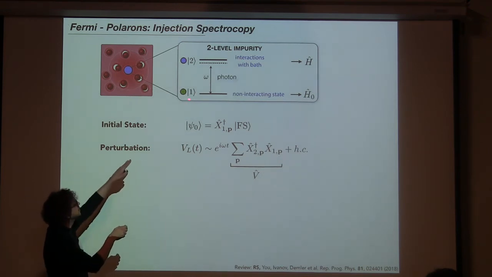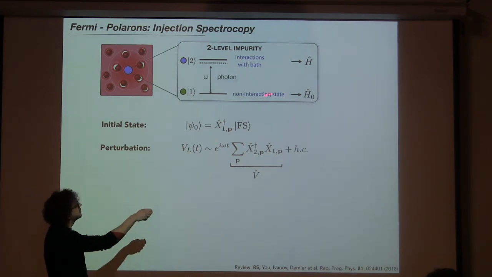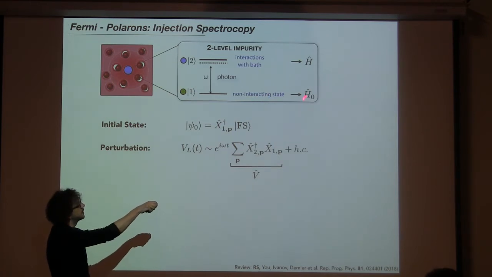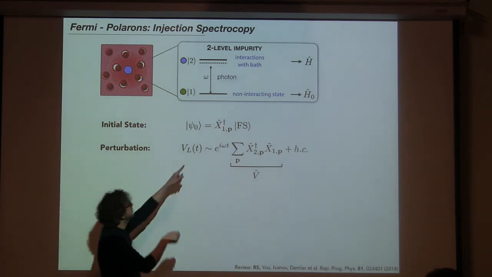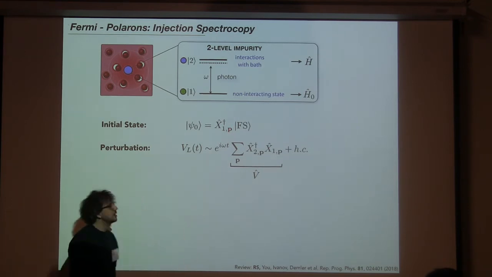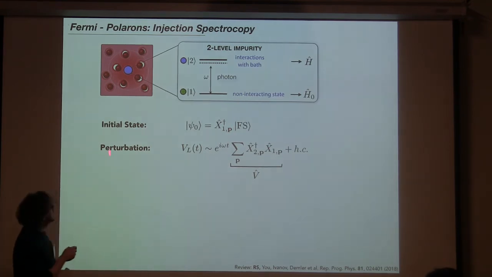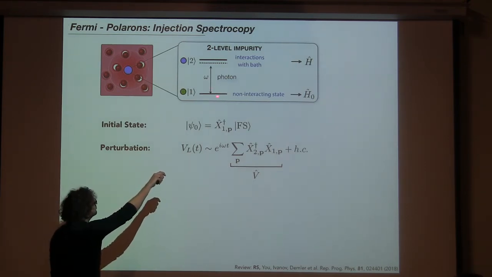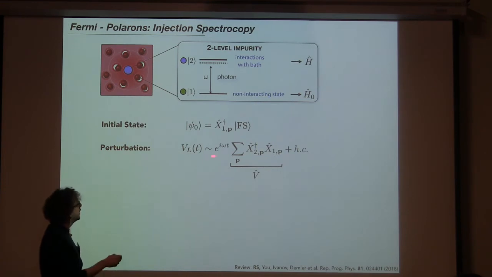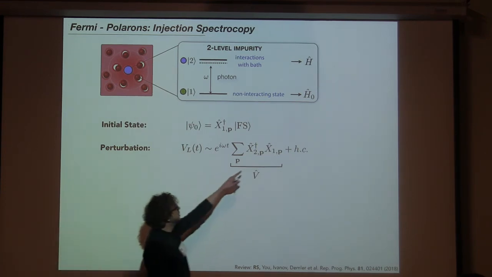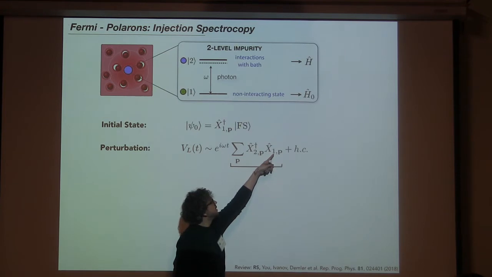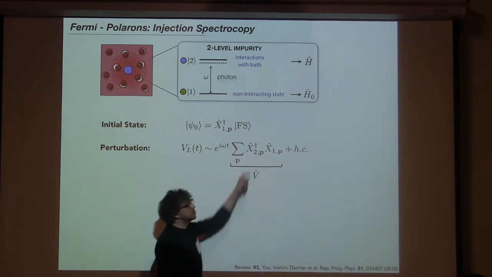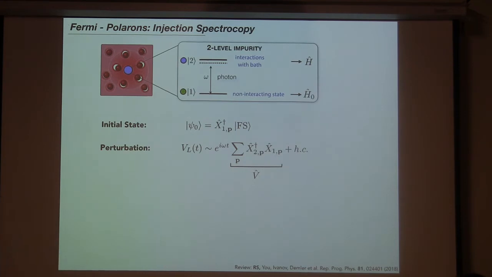So if you prepare the system experimentally first in a hyperfine state where it's not interacting with the environment, it's just described by the non-interacting Hamiltonian, and its ground state is just given by the impurity at momentum p and the Fermi sea. And the impurity is in spin state 1. But now we can use an RF pulse on the system and try to drive the system into the state 2. And this is then given by a time-dependent perturbation, which changes the hyperfine state of the impurities from state 1 to state 2. Alright, how do we calculate this? In the most simple fashion, as a theorist.